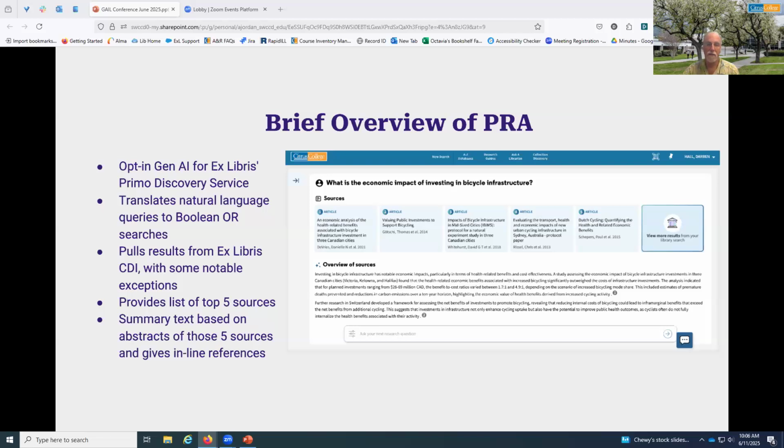And it also excludes certain publishers and/or aggregators, so folks that they couldn't strike deals with, I gather, such as Elsevier and JSTOR. But at the same time, because the CDI is so comprehensive, it will, in its results, often include resources that your library may not have access to. So we will undoubtedly come back to that a little later.